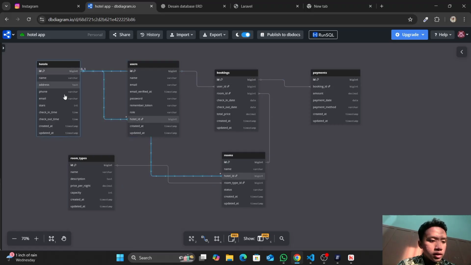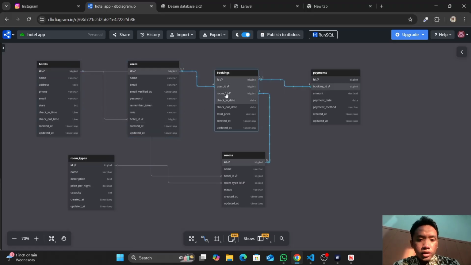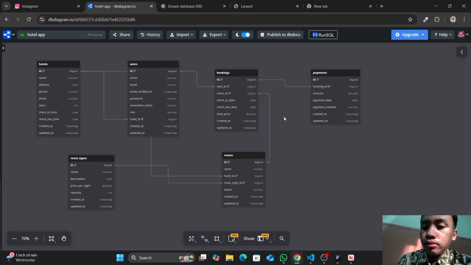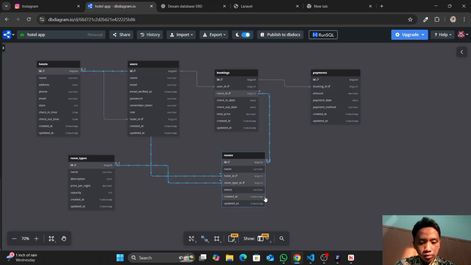Every entity has a relationship with others. In every entity you have a lot of attributes, or you can say key and value. The foreign key explains the relationship of this entity.